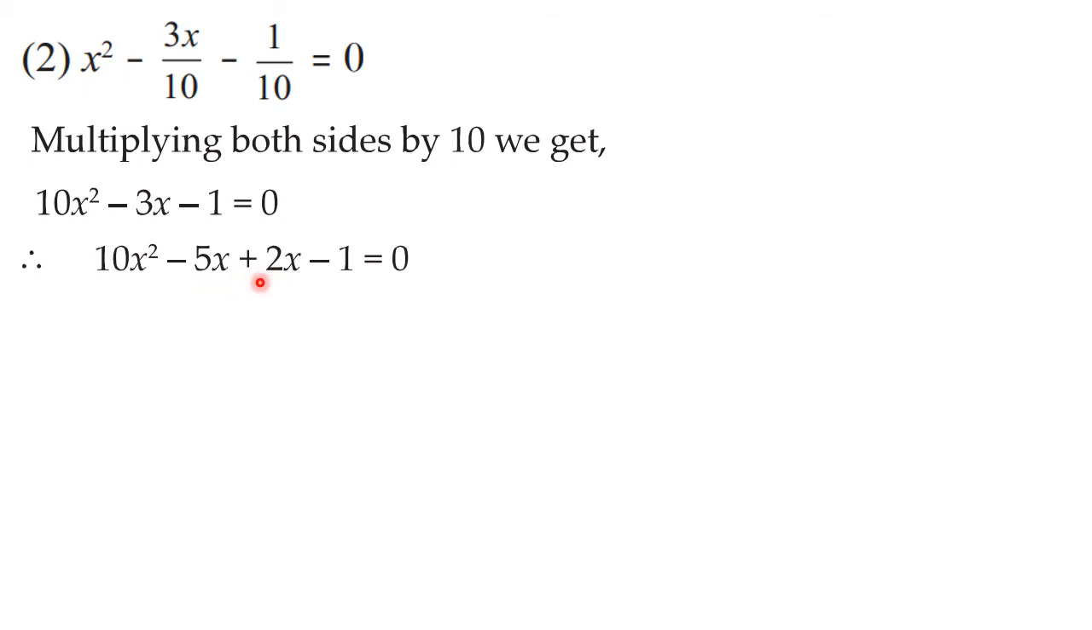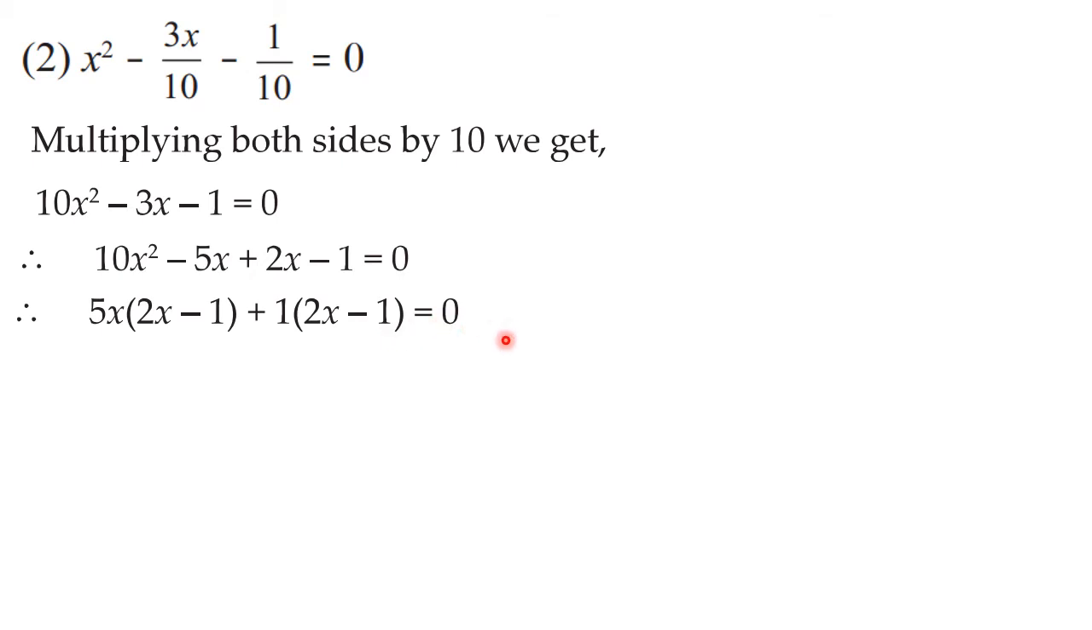And here, 2x and minus 1, nothing is common. So if nothing is common, we have to take 1 as common, because 1 is a factor of each and every number. So let us take out common. From here 5x is taken out common, so inside the bracket we are left with 2x minus 1. Here plus 1 is taken out common and inside we again have 2x minus 1, and then equal to